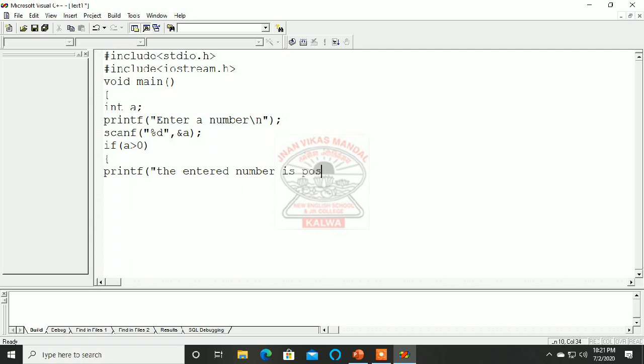Of course, any number greater than 0 is positive. And if it is else, if it is false, then I will write printf, the entered number is negative. If it is greater than 0, it is positive; if it is less than 0, then it is negative.